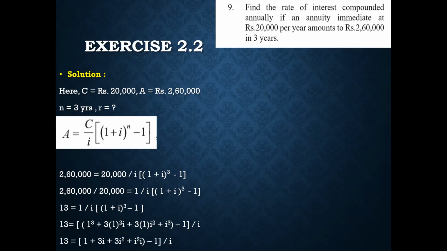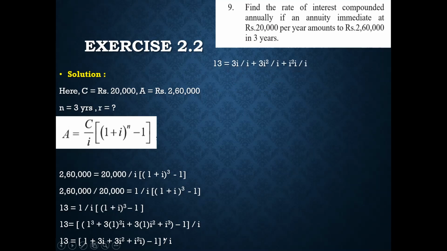So in the next line, 1 cube gives me 1. 3 into 1 square I gives me 3I. 3 into 1 into I square gives me 3I square. And last year in complex numbers, we saw how to split I cube if it is an odd power. So I have split that into I square into I, minus 1, divided by I. So plus 1 and minus 1 get cancelled over here. So you are just left with 13 is equal to,